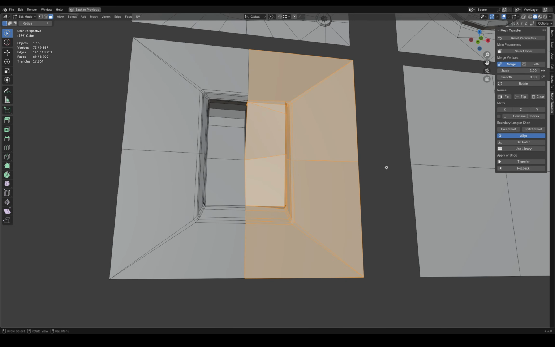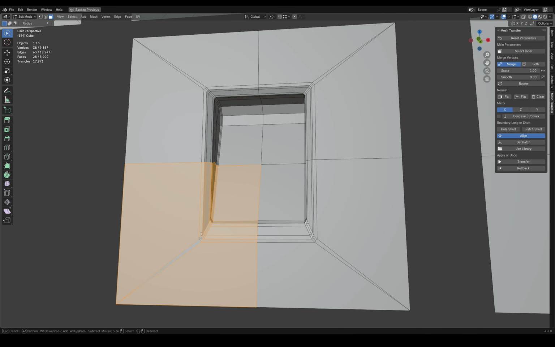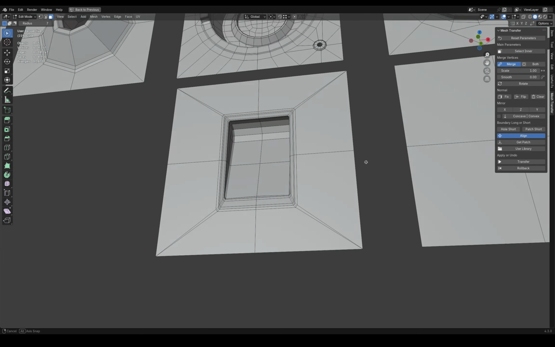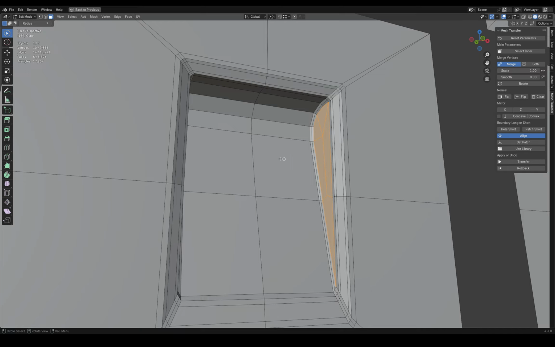the position. In order to fix this, I will press the Rollback button and select the X-axis in the mirror parameter in order to invert the mesh. Now the mesh transfer is done correctly. This way, you can transfer any mesh without having to edit the mesh or repeat actions on a similar area. You can make the topology you need in one place and then transfer it to any other place where it